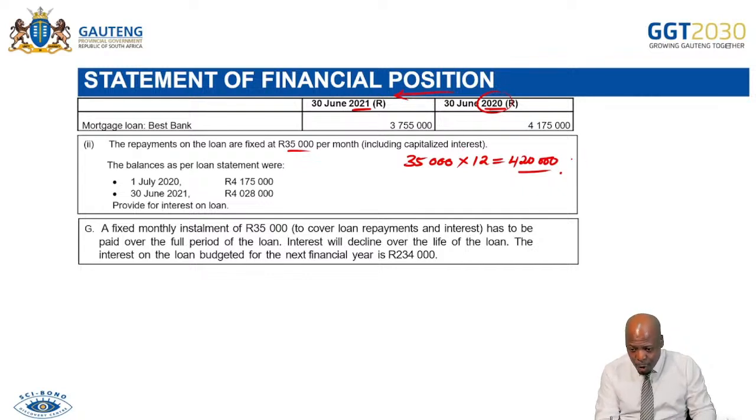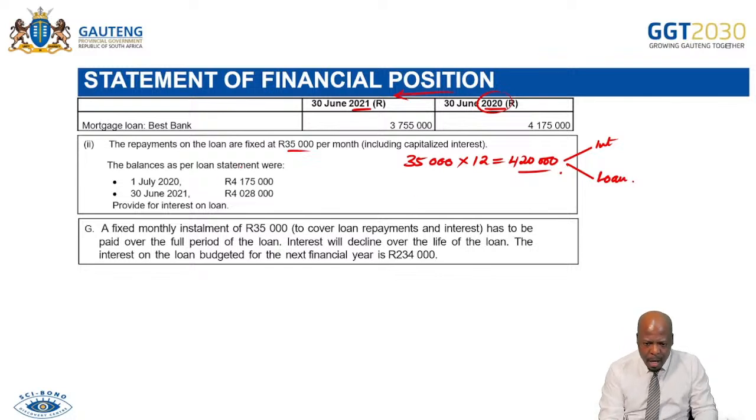So in the 420, there are two things. Number one, there is interest. There is also the loan repayment. Balance as per the loan statement. So this is coming now from the bank. At the beginning, it was 4,175,000, which is the same as that. At the end, it is 4,028,000, which is now different from that. Provide for interest on the loan. According to them, we owe this amount, which is different now from what we have seen in our books, which is